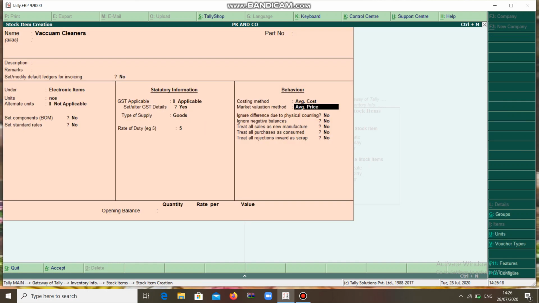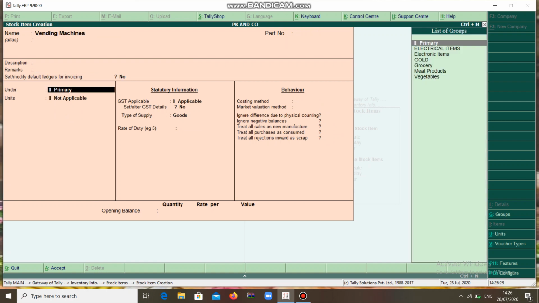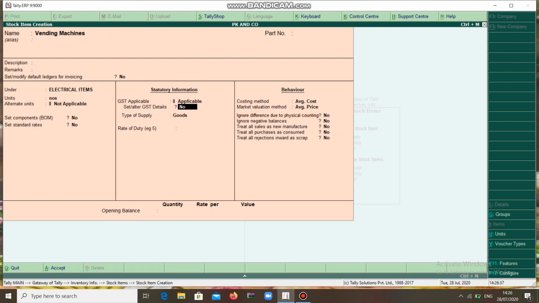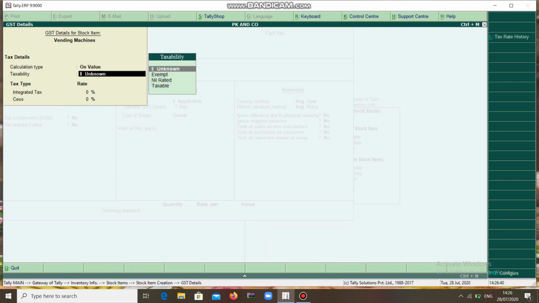Rate of duties you can give 5%. Another one, vending machines, which comes under electrical items, numbers, applicable yes, on value, taxable 28%.